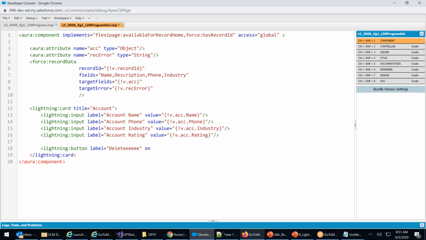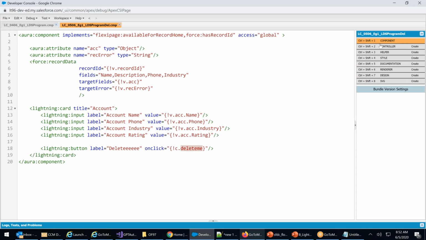On click, what do you have to call? I have to call exclamation c dot deleteMe. deleteMe has to be called. Control S. My component got created.